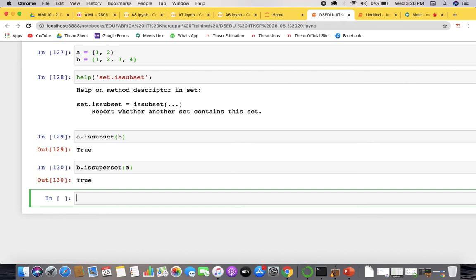So when you take the inputs, what are the things you store in the list? What are the things you store in tuple? What are the things you store in sets, right? Let's say you are taking usernames. You are making an application, you are storing usernames. So when you are storing usernames, you must store those things inside the set so that there should not be any duplicate elements. There should not be any duplicate usernames. When you store it in the list, it will not be much effective, right?